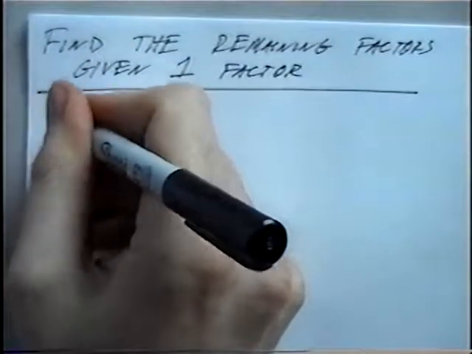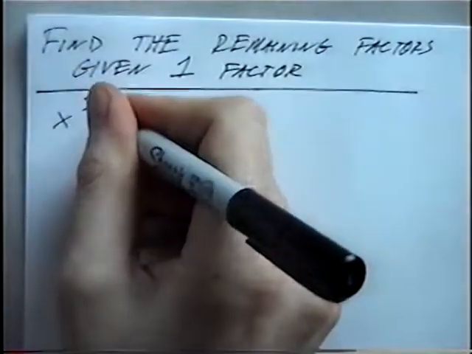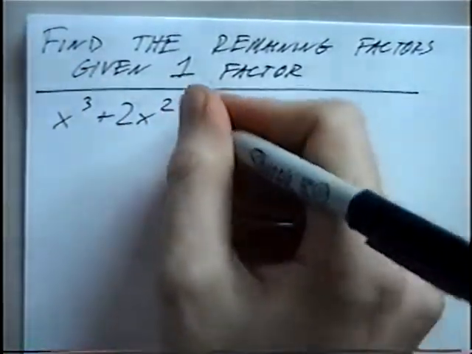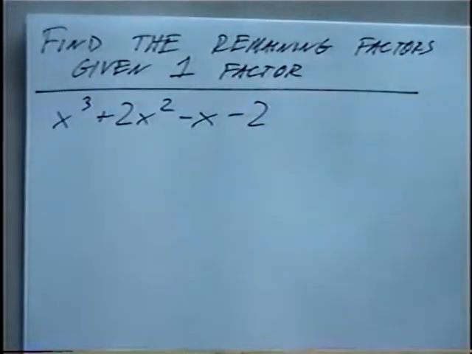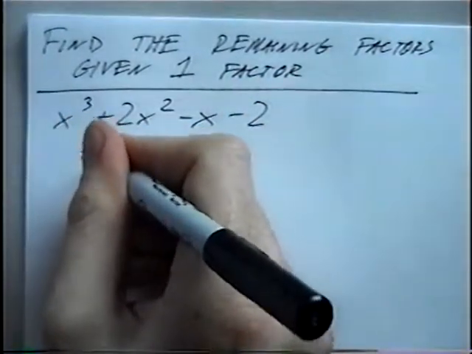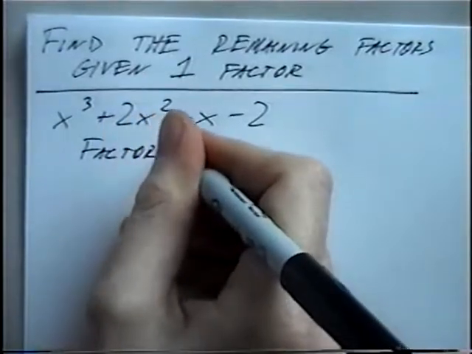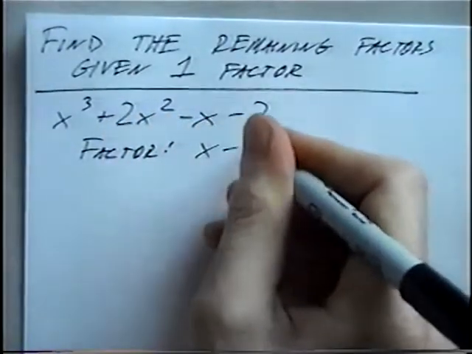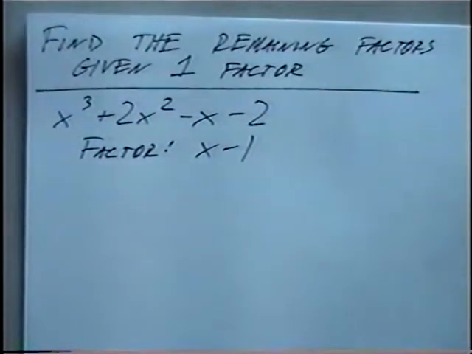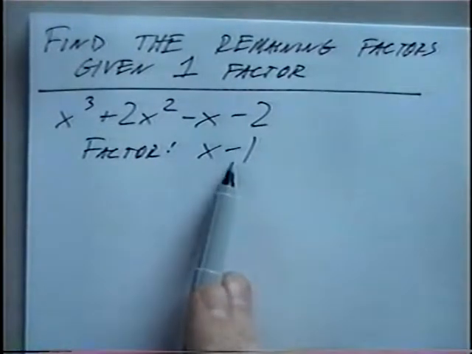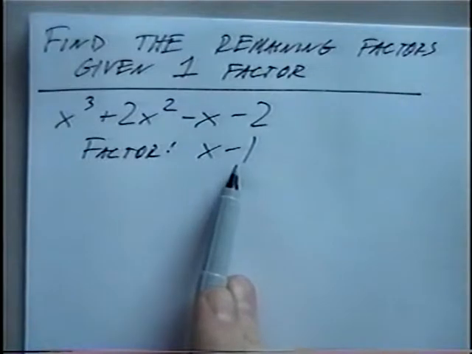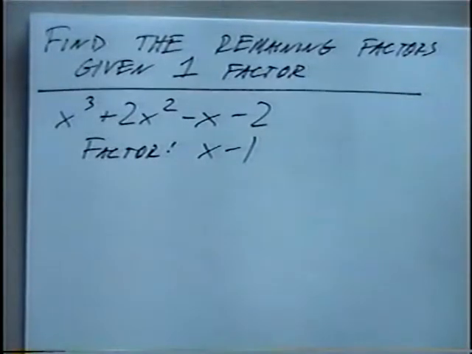First question is x cubed plus 2x squared minus x minus 2. And the factor that is given for the question is x minus 1. What this means is that we have a polynomial. We know one of the factors, one term that factors into the polynomial, and we want to find the remaining